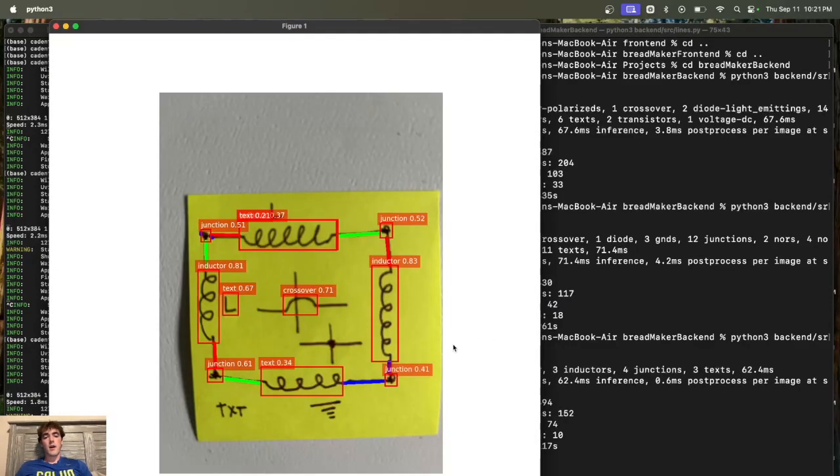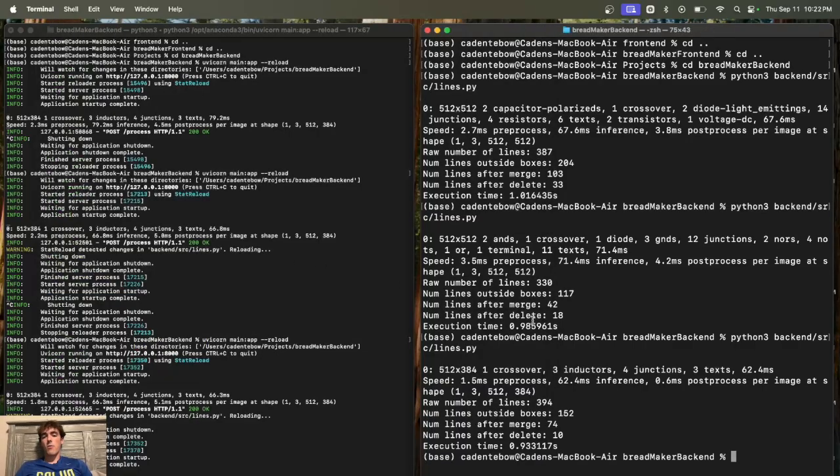And yeah, we can see right here it actually thinks this is text. And when I'm sending stuff over via API to my website to display, I'm not sending the text over. And so this inductor just gets left out. But we can see it actually did a pretty good job on the rest of this. It gets all of this, it gets all the wires. And so just refining the code, definitely adding that wire logic in at the next step. But yeah,